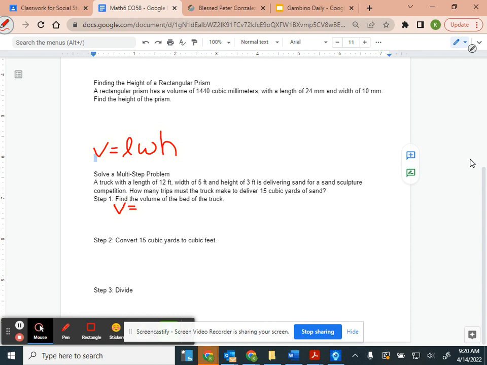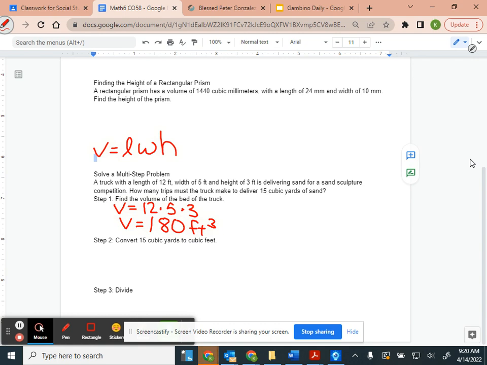V equals 12 times 5 times 3. So what does my truck carry in one load? What is 12 times 5 times 3? Nick? 180. 180 feet cubed. So that's how much the truck can carry